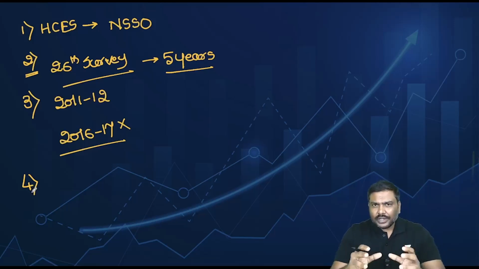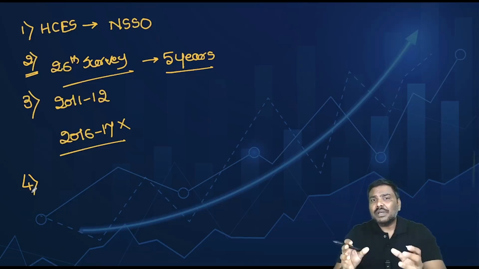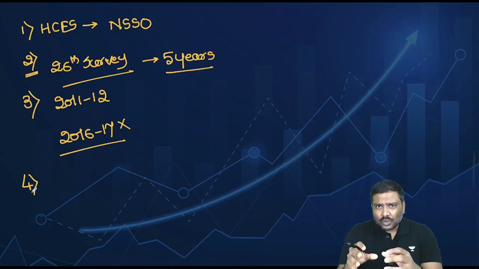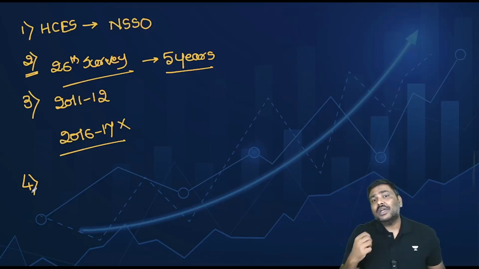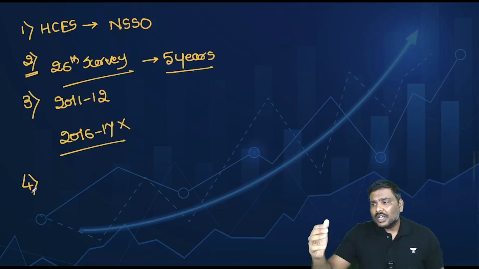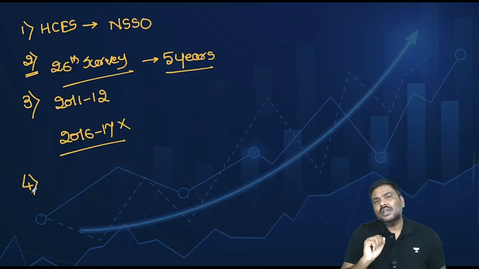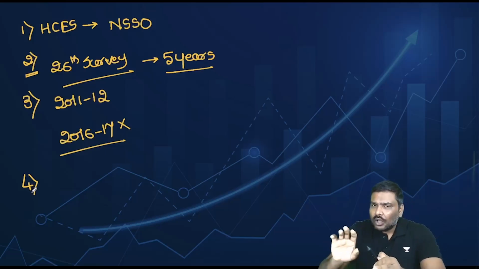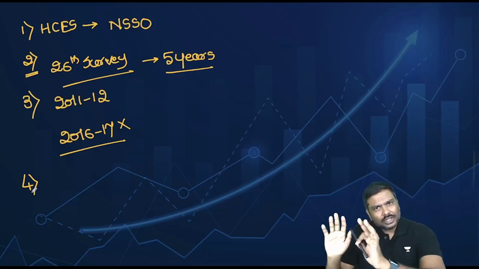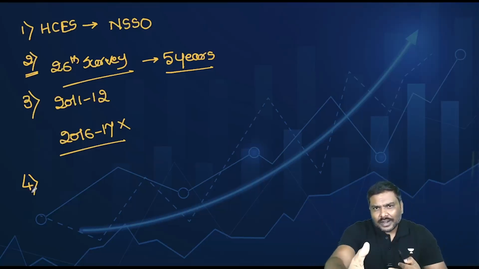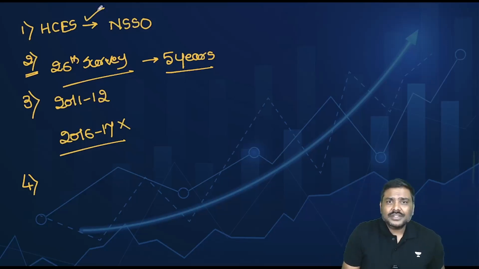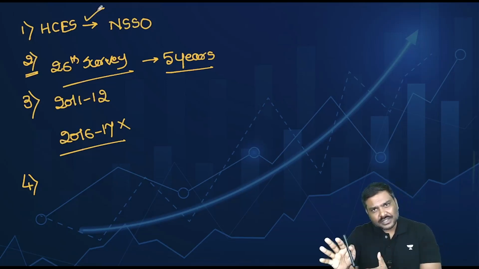In this survey, throughout India, we are going to identify a certain sample of households. A certain number of households will be identified, and from these households, survey data is collected. That is, how much income they are earning, out of which how much money they are spending on food items, and how much money they are spending on non-food items. Very simple. How much money on food items and how much money on non-food items. A survey is conducted and the data is collected. This is basically the collection of data that is done under the consumption expenditure surveys.